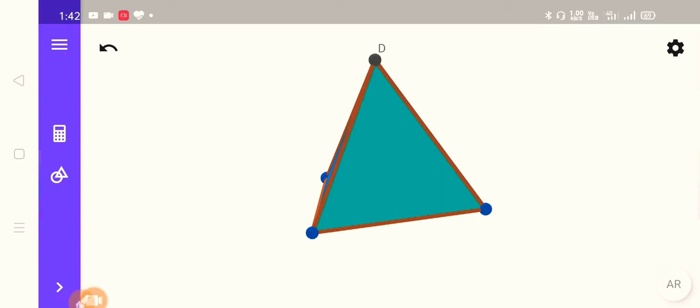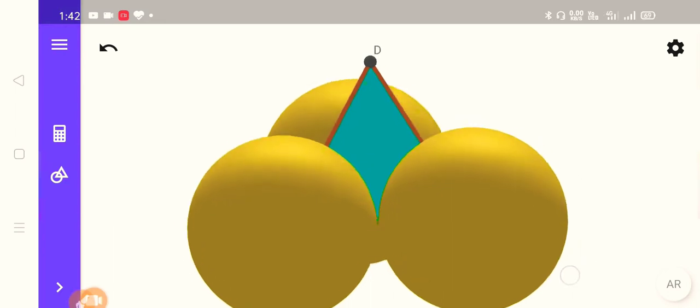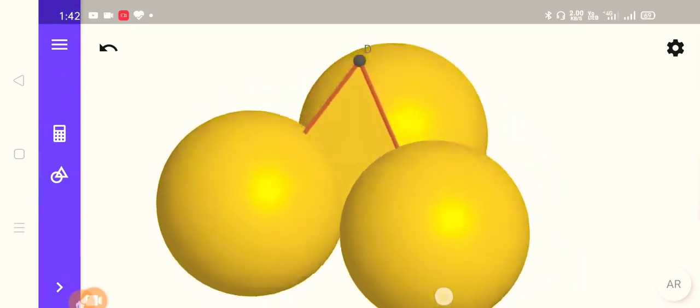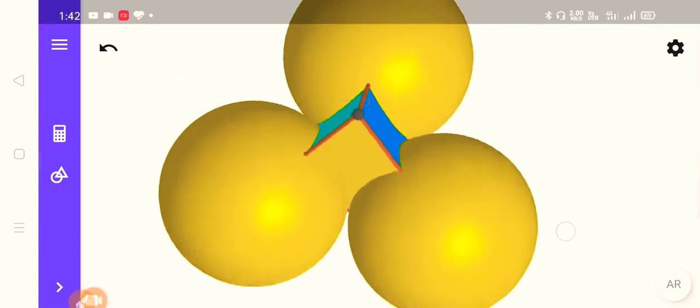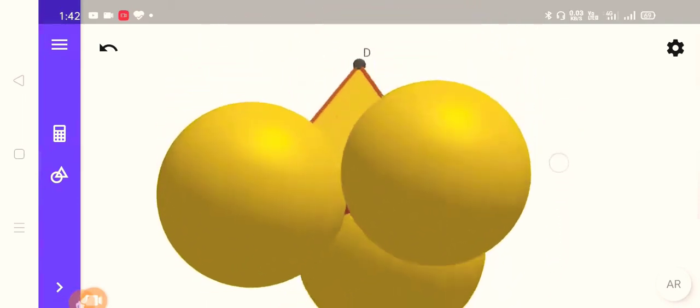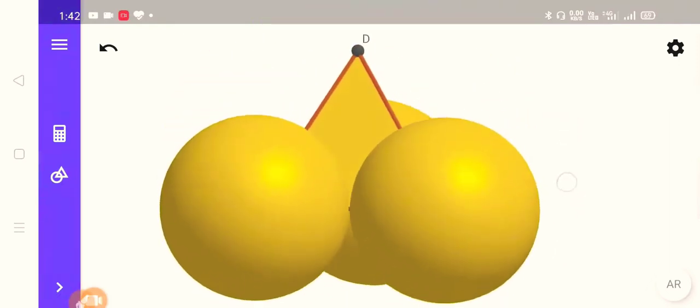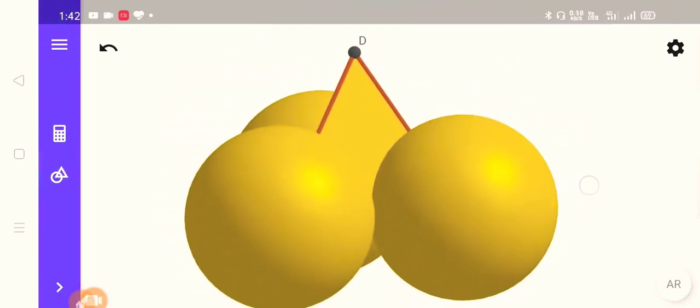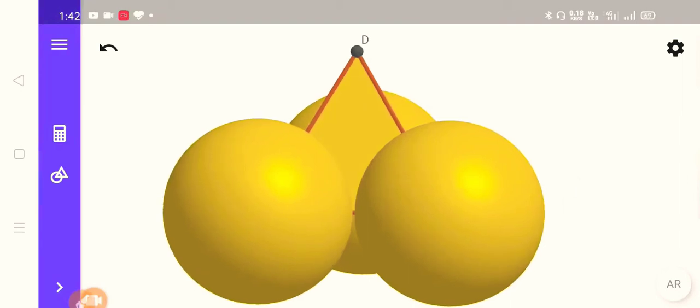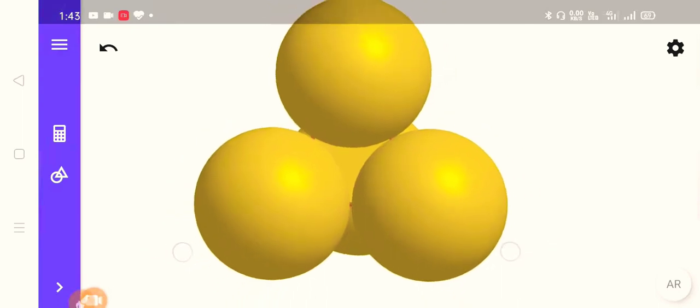When three spheres from the first layer of the hexagonal arrangement create a triangle, that means in this shape, these are the bottom layer's three spheres arranged like this, and the second layer's sphere will be arranged in the depression of these three spheres like this.